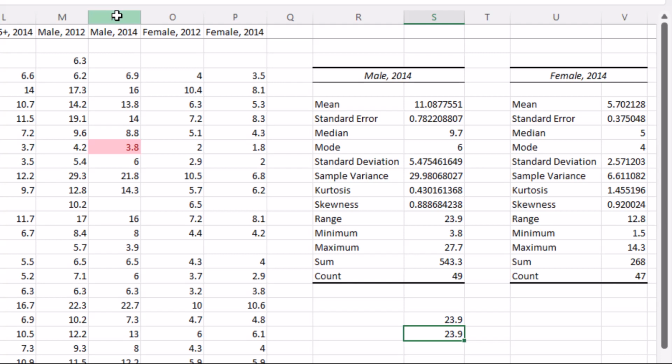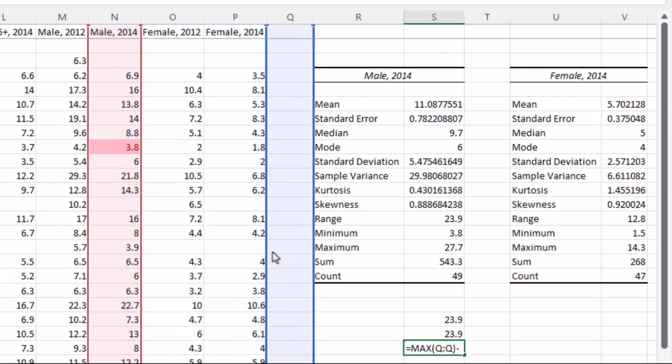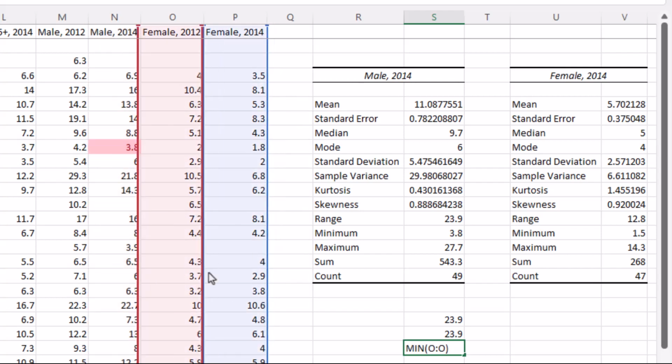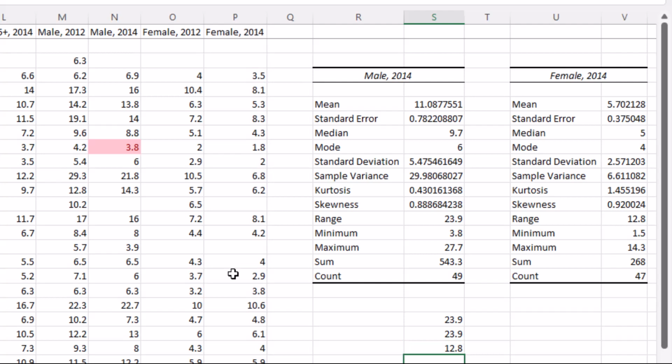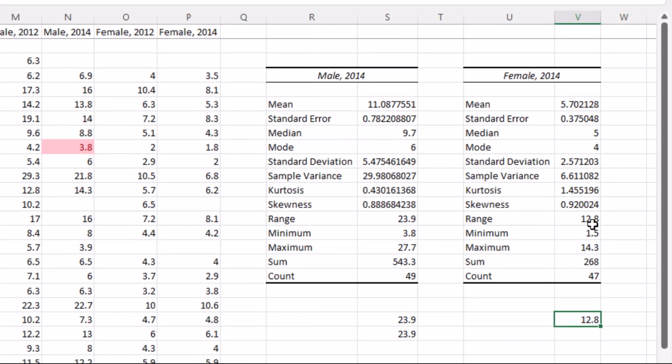So that's the range. We could do the same thing for females, except now we just have to move the columns. We say it's not the N column that we want, the P column, 12.8, which is the same thing as the output.